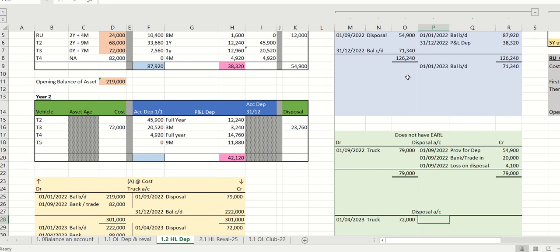Then take all of the depreciation relating to that asset. So truck 3, we calculated it there a minute ago. It was the opening plus the P&L dep. So 23,760 coming out of here on the 1st of the 4th, 23, disposal. A credit to the disposal and a debit to the provision account because it's a liability going down,